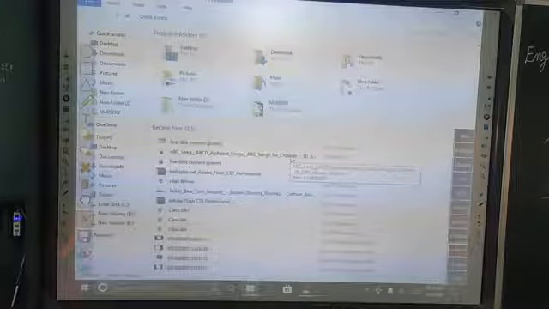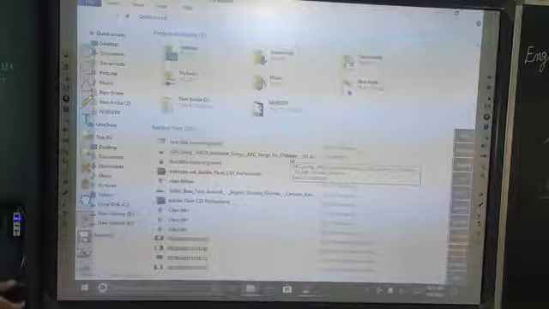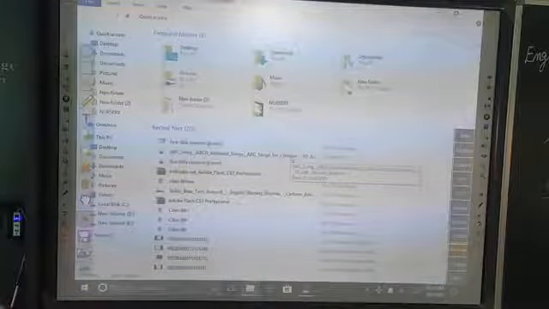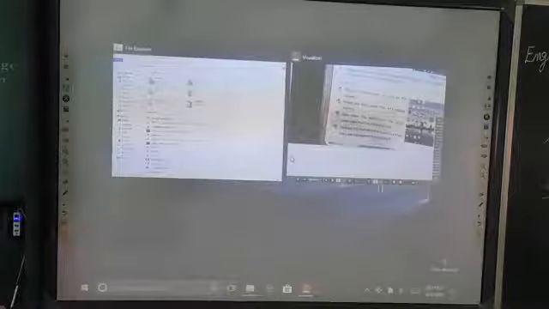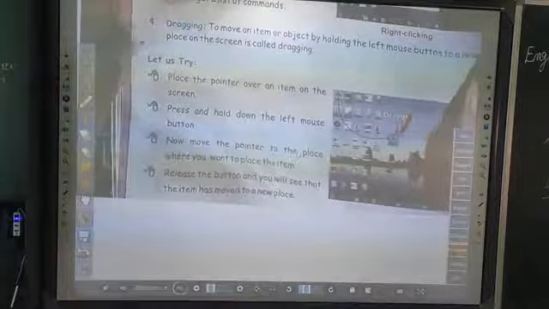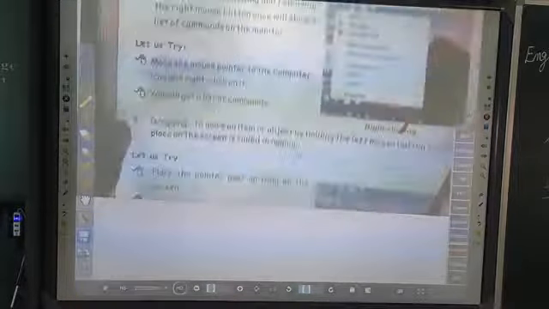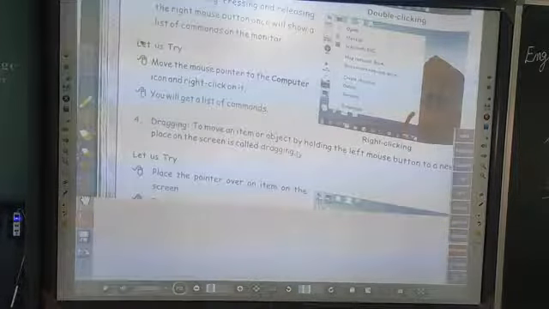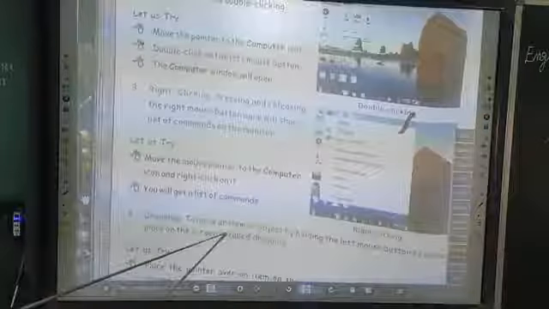After that, there is another function which we call double clicking. Let's first drag it down to the side.